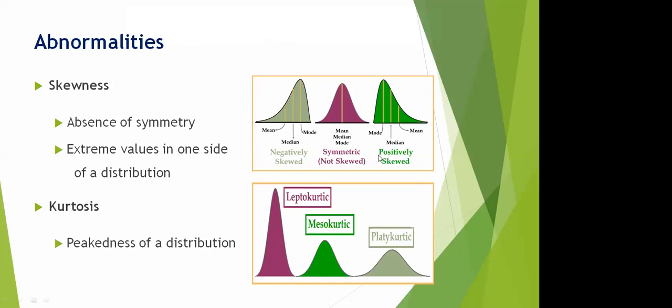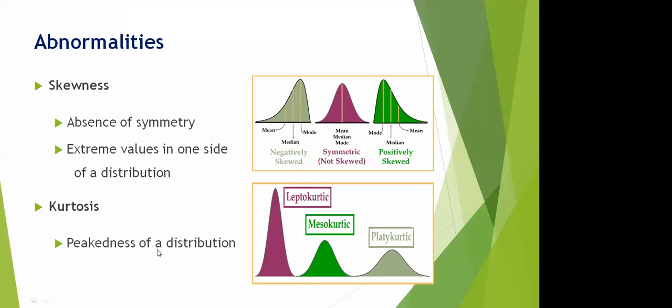From this image, we can see that in the normal curve the central value, mean, median and mode, are equal. But here, which is negatively skewed, the majority of the data is on this side, and the maximum ordinate is here. So the mode is here, the central value is here, and the mean will be in this area. This is called a negatively skewed distribution. This is an absence of symmetry, and here it is positively skewed. So this is an asymmetry and a possible abnormality.